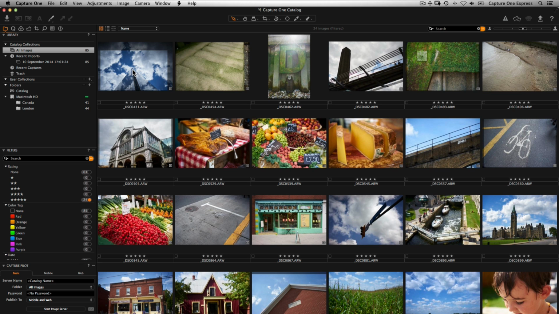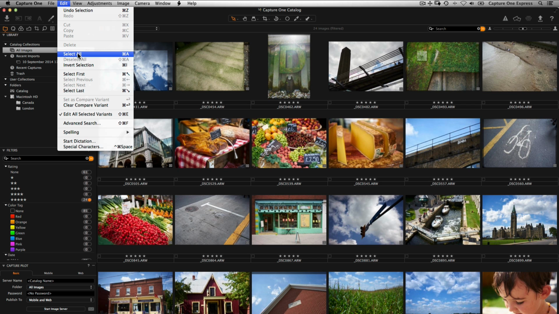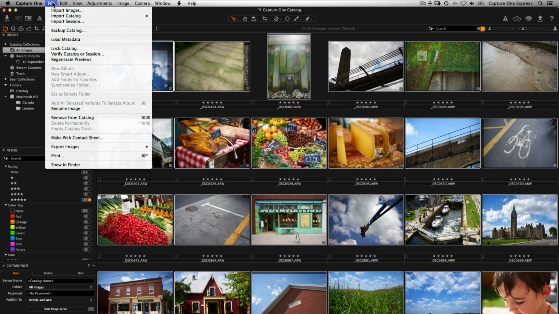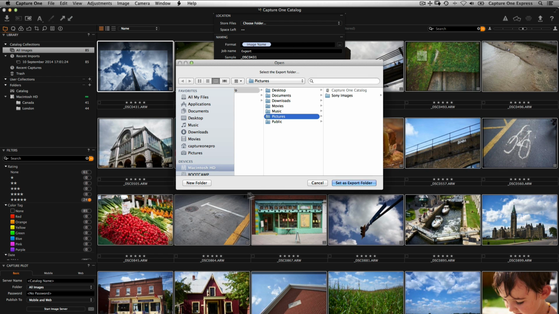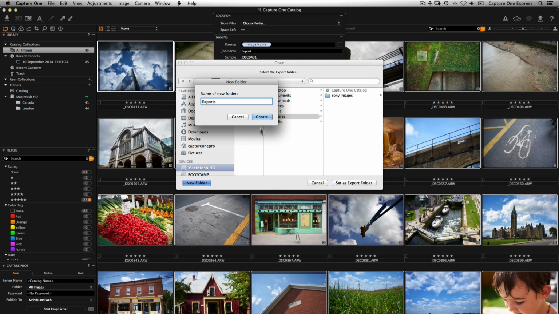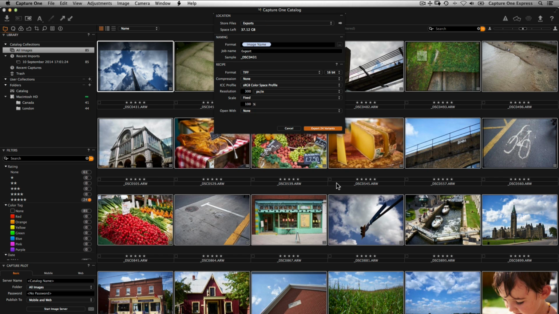Once you are happy with the adjustments applied to your images, they can be exported in a variety of popular image formats. Select one or more images to export and then choose File, Export Images, then Variants. The Export dialog will open. First choose a location for the exported files. Choose a naming format for the exports. Leaving the format set to image name will retain the raw file name in the export. Click here to adjust the naming format.